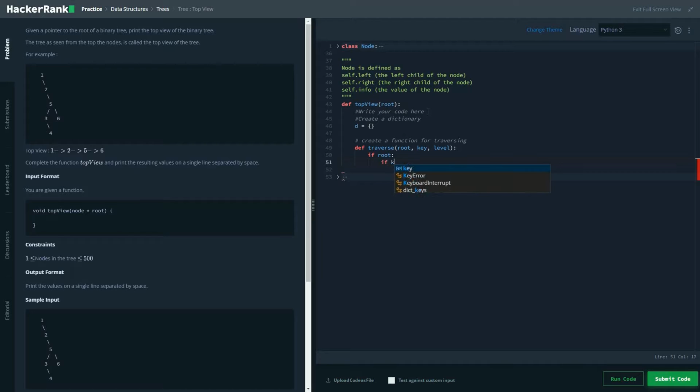So first is that if the key that we send is not in our dictionary, then we would be basically adding that value to our dictionary. Elif, if